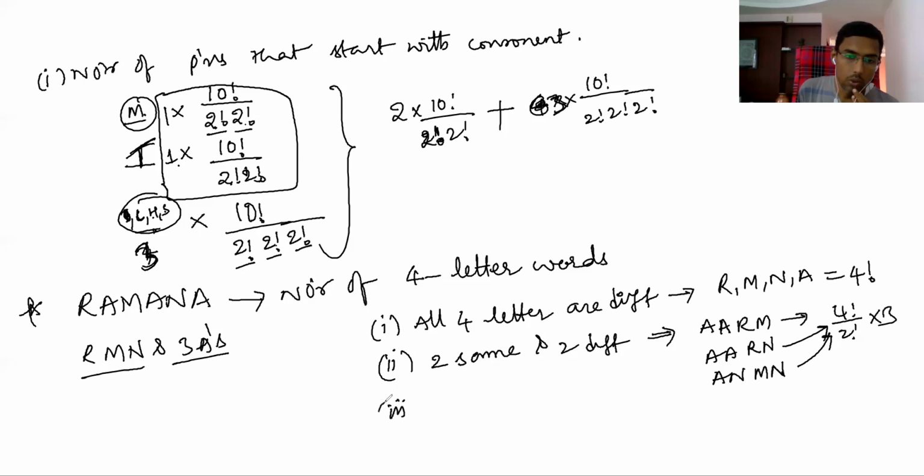So the third case is 3 A's and 1 other letter. So how many ways? If you take A, then the 4th letter can be either M or